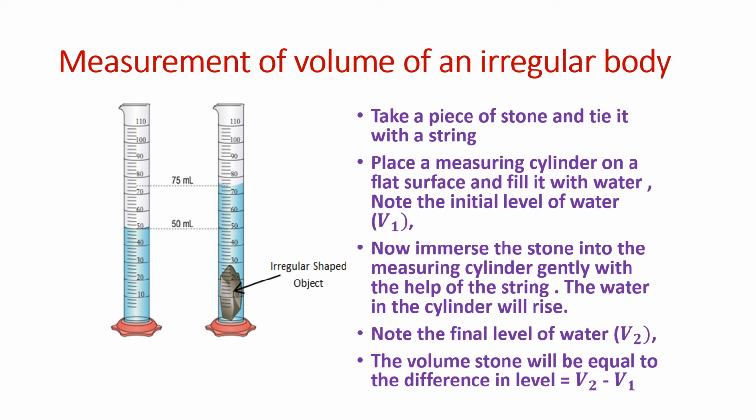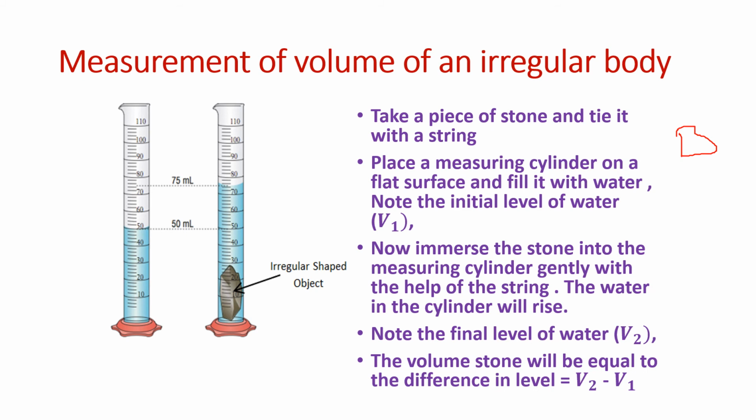Now this measuring cylinder can also be used to measure the volume of an irregular body. Now we learned that when the bodies have a regular shape like a cube or a cuboid or a sphere, we have different formula to find the volume. But if it is an irregular shape, that is it has no regular shape, it is just like this. How will we find the volume? There is no formula for finding out the volume in such cases.